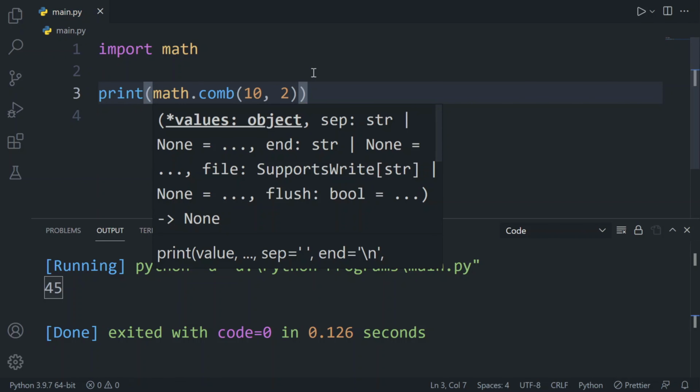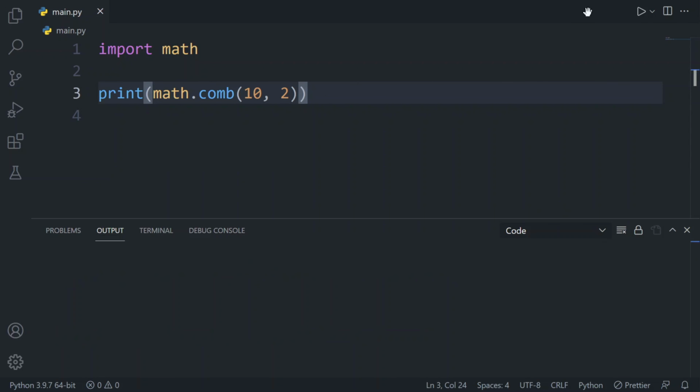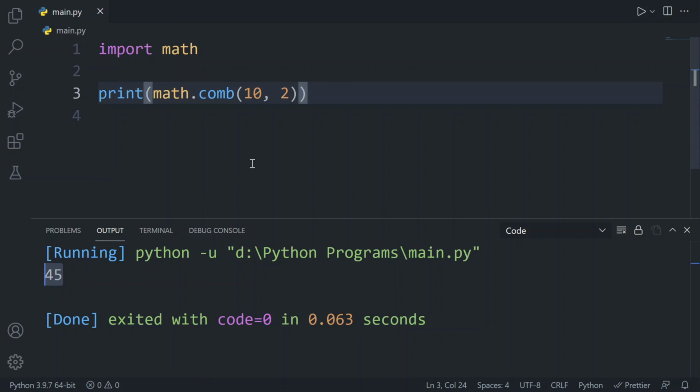So let me print it. Now our comb function will give us the number of ways in which we can choose this 2 in this 10. So let me save it and run it. So here you can see 45. So there are 45 ways in which we can find 2 in this 10 with different combinations.